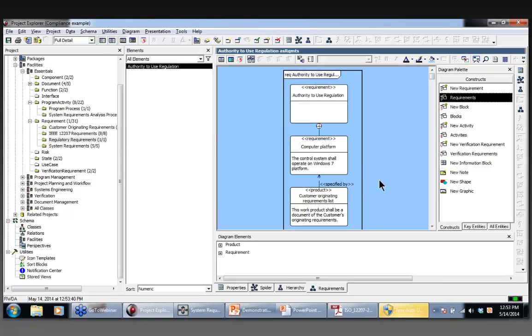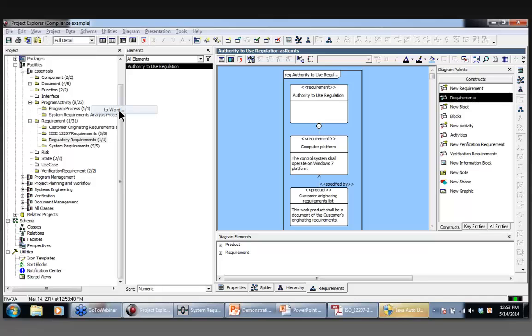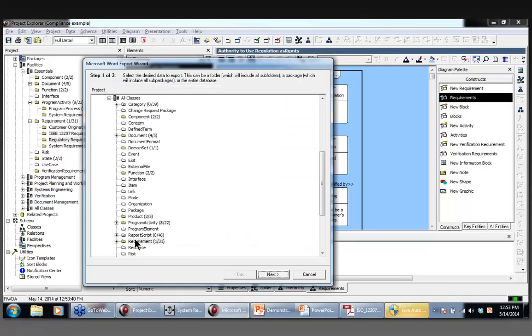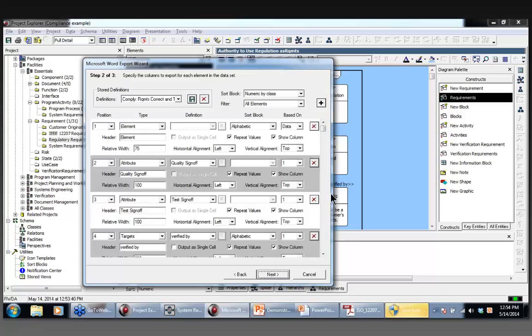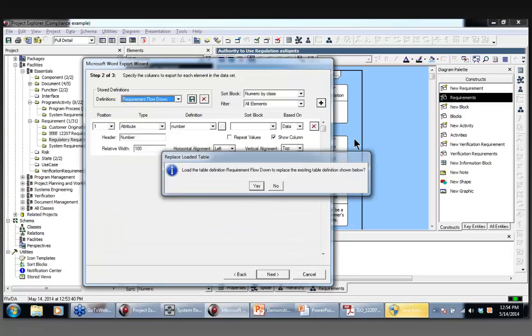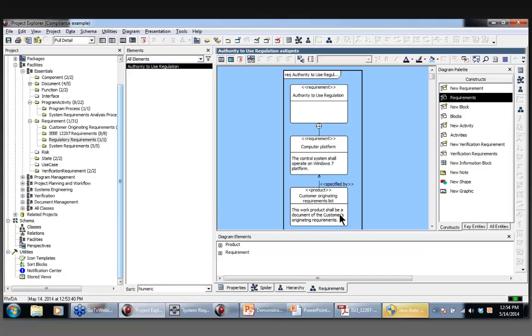But when I did my report, Jason, when I output my regulatory report, I exported it to Word, and instead of starting here on the requirements folder, I started here. And then I went and I did a modification of this flow down, and I outputted a report